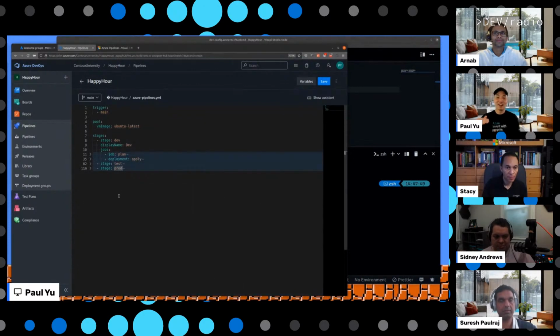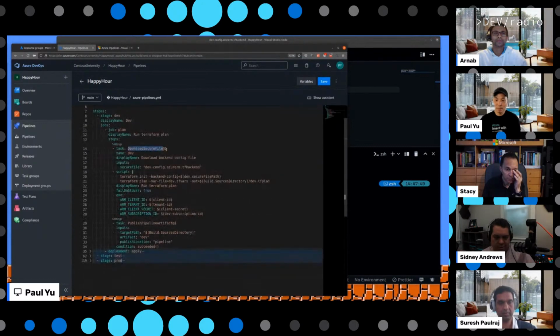So inside of the dev stage, I have two jobs. Whenever you run Terraform, you have to do a plan and then you have to do an apply. Inside of the plan job, I'm downloading my secure file. I'm running a task to download this backend configuration file, and then I'm running Terraform to do the initialization. It's going to take my service principal and my storage account and say, hey, I'm going to initialize the directory and point it to